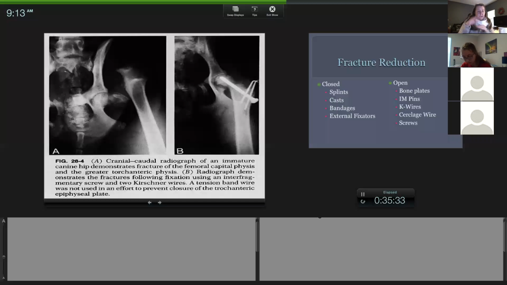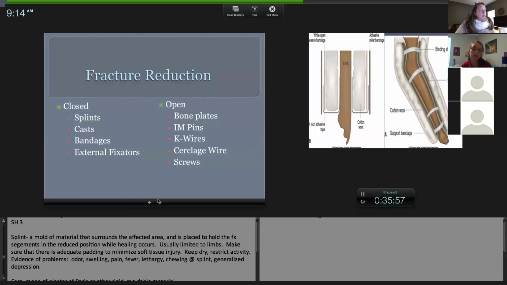But basically, the metaphysis and diaphysis are like in that mid shaft of a long bone. And then the epiphyseal, you have proximal, which is high, and distal, which is low. The greater trochanter of the femur is at the neck and this little wing here. It's hard to see because it's a very dark x-ray, but that's where we're talking about. Okay,